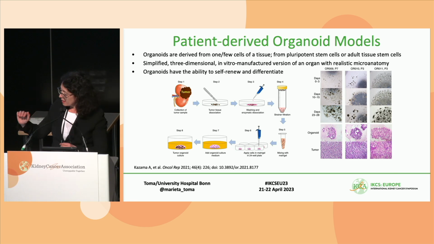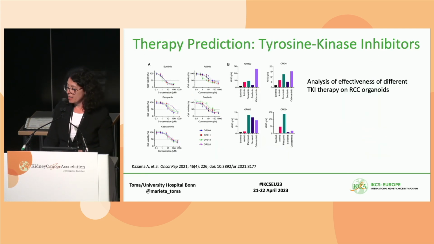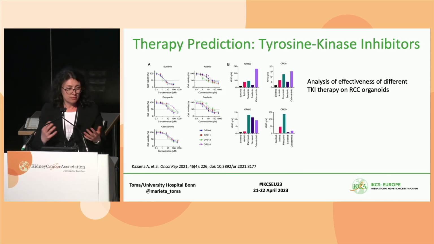And if you take a look at the histology, the organoids are quite similar to the tissue of origin, to the tumor of origin. They also have clear cells and organize themselves as the tumor of origin. And what can you do with such organoids? They are patient-derived, patient-specific. You can analyze, for example, tyrosine kinase inhibitors specific for each patient. And you can see, for example, axitinib, not all the patients have the same answer to axitinib therapy. And that could help to choose the right tyrosine kinase inhibitor.